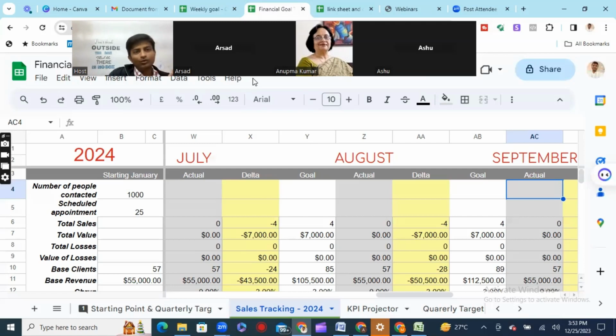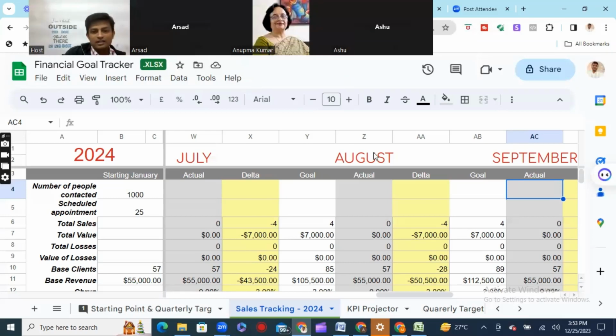So from the start, you have to track your goals. I will help you, and we will meet every week to see the progress. What's your weekly goal? Have you achieved your weekly goal? You also track it, and I will also ask you. So we will meet up every week, and we will track our weekly goals.